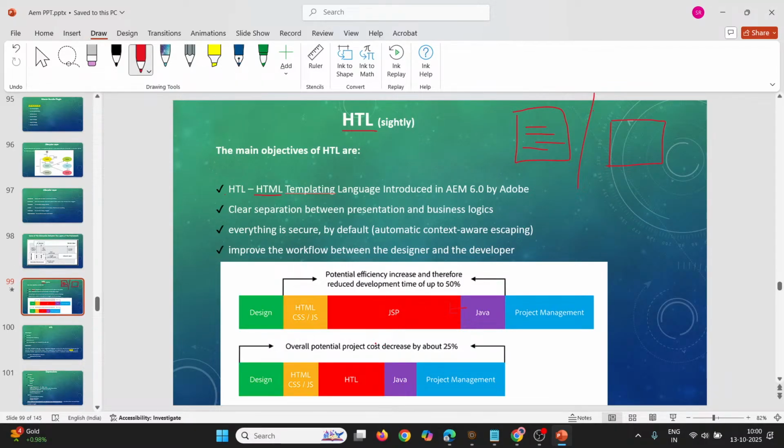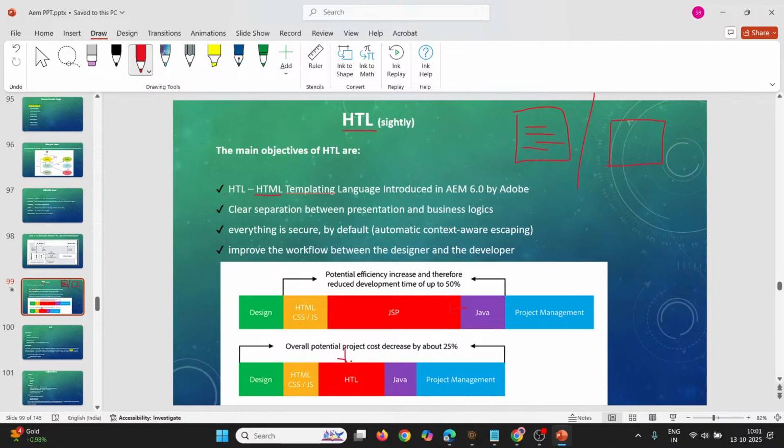That's why in most cases recently we are moving to HTL to implement a component, for the several capabilities it has. Then you'll have a clear separation between the front end layer and the back end business logic layer, so that the developer or the content owner who is viewing the current component to implement will not have any